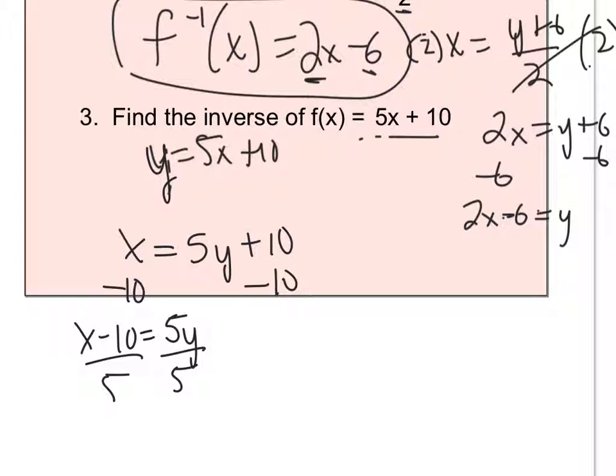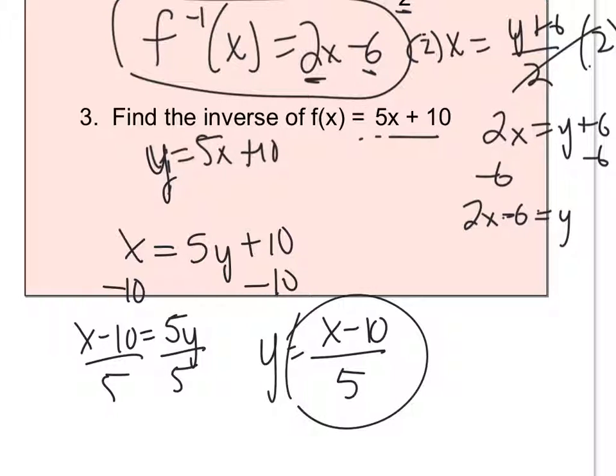Divide by 5, so y will equal x minus 10 over 5. And if I left it like that, that would be fine. So that's your inverse, just switching those two around. So now,